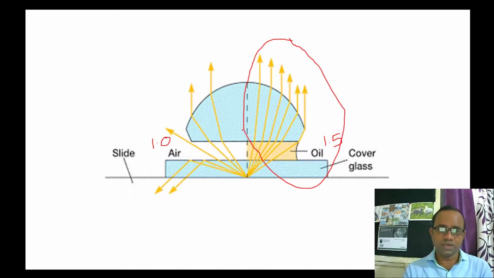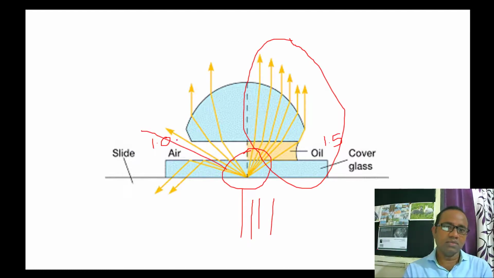ठीक है, और air में क्या है, इसका refractive index low है. Because of this, यहाँ से जितने भी light rays आएंगे नीचे, which falls onto the specimen, all the rays किधर जाएंगे, ये बाहर जाएंगे, इधर जाएंगे. ठीक है, ये optical axis में नहीं आएंगे. And because of the loss of the rays, no image will be seen here.